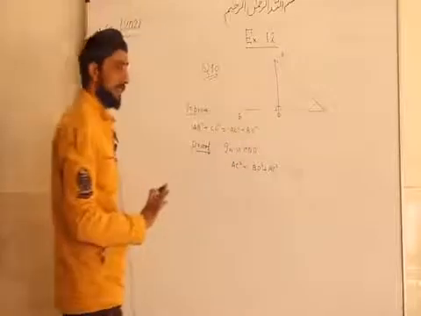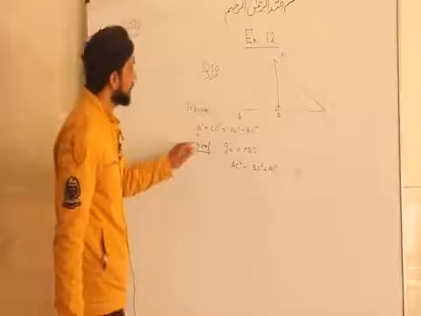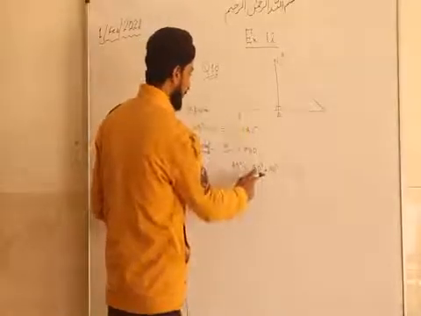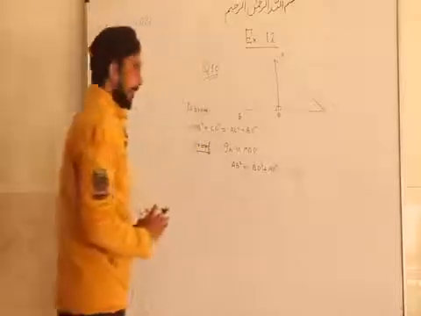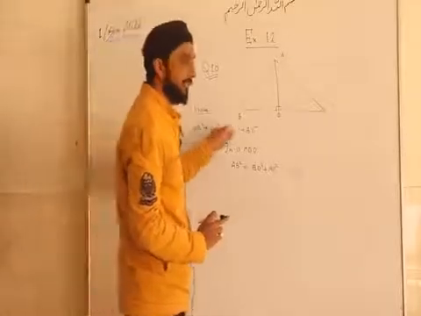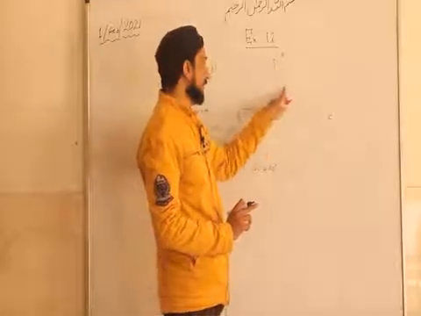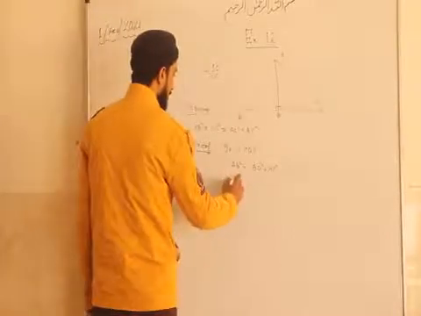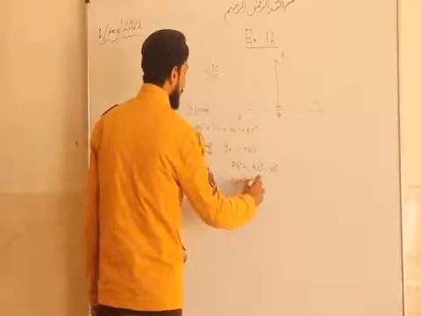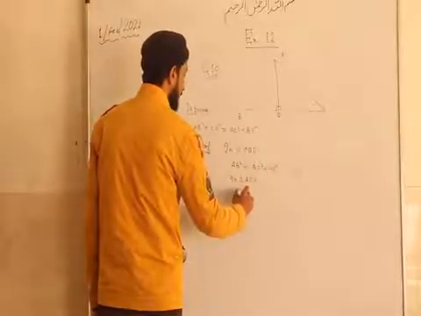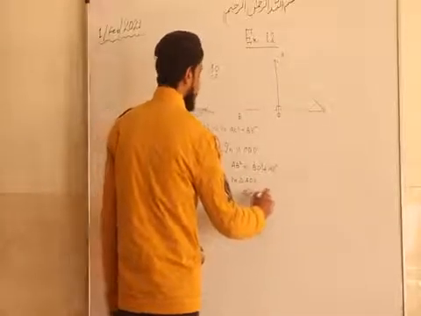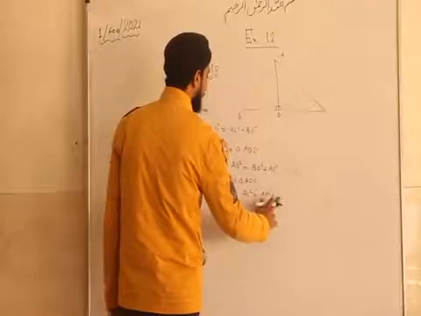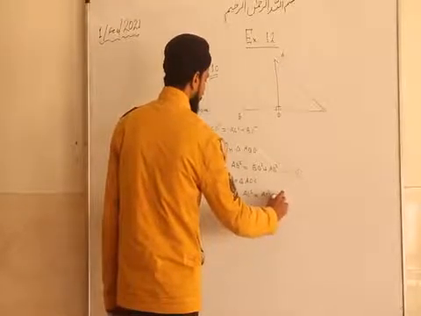We can't interchange anything here, right? This is AB, this is BD, this is AD. And now we need CD square. So where will we get CD from? Of course, from this triangle. So we use Pythagoras theorem in that triangle also. Now in triangle ADC, AC square is equal to AD square plus DC, or CD, we can write, because in the question it is CD square.